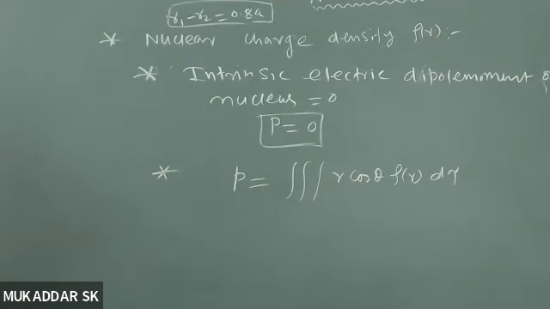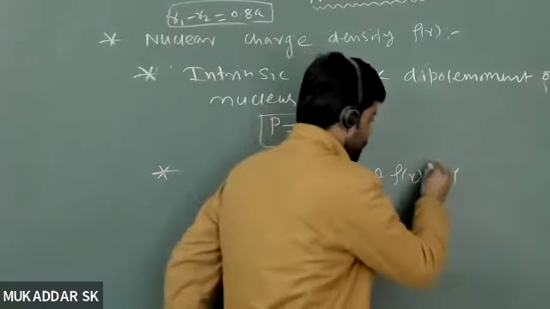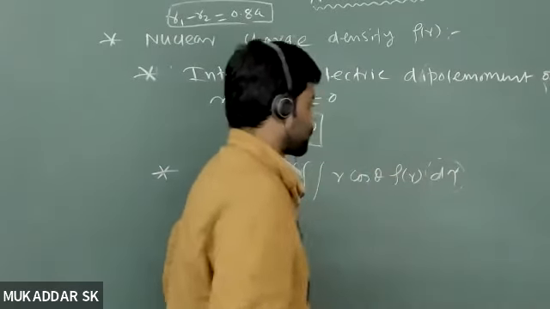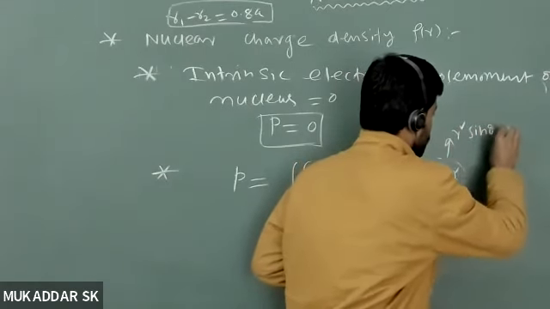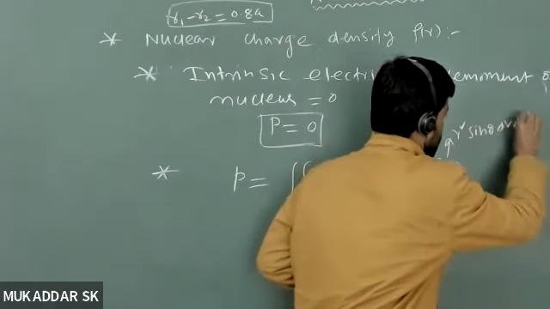Have you read this? Okay, and here, what is d tau? r square sin theta dr d theta d phi. आर स्क्वायर साइन थीटा डी आर डी थीटा डी फाई।